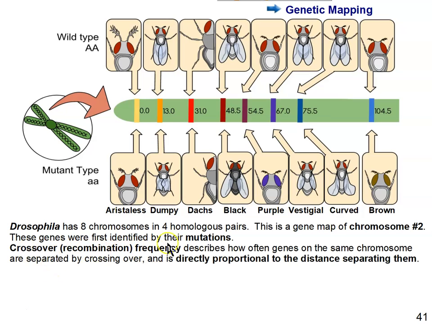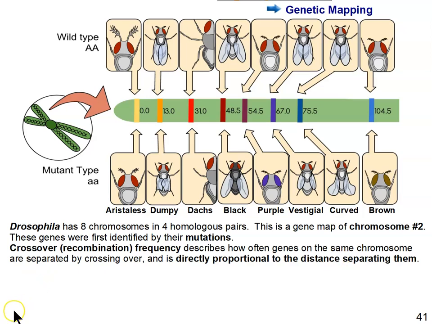Crossover or recombination frequency describes how often genes on the same chromosome are separated by crossing over. How often, or how frequently. So that's why we call it frequency. And it turns out that it's directly proportional to the distance separating them on the chromosome. So the idea here is that we can use crossover or recombination frequencies to determine how far apart genes are